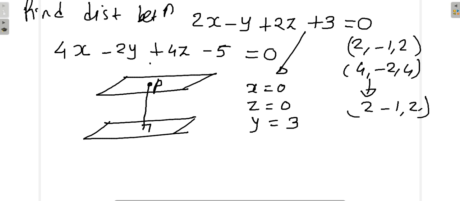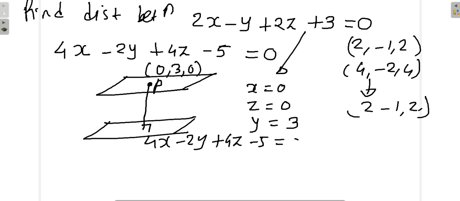So a point on this plane will be 0, 3, 0. Now let us find the distance of this point from this plane. This plane is... so what is the distance here? The distance will be